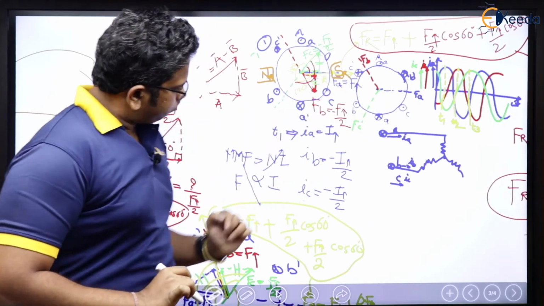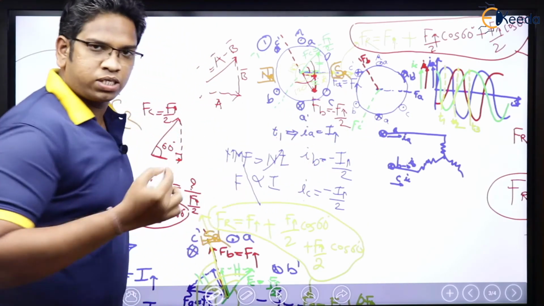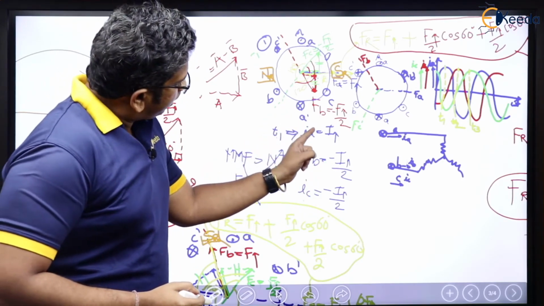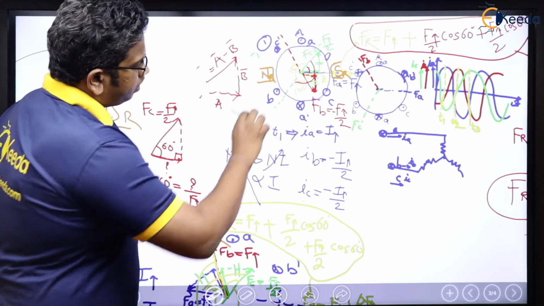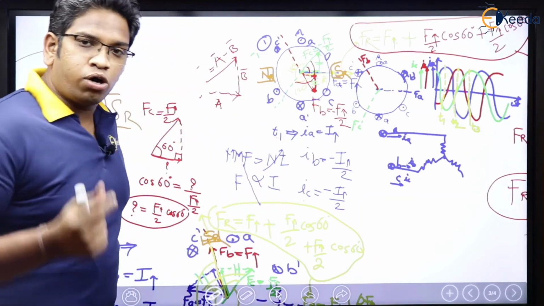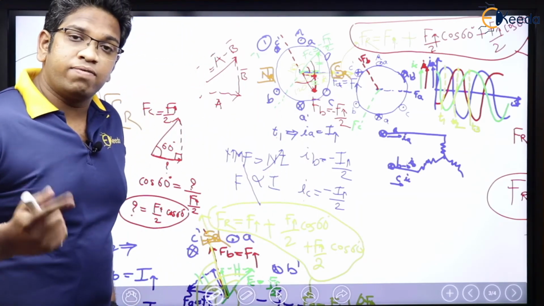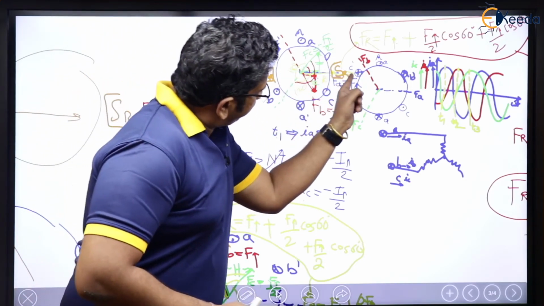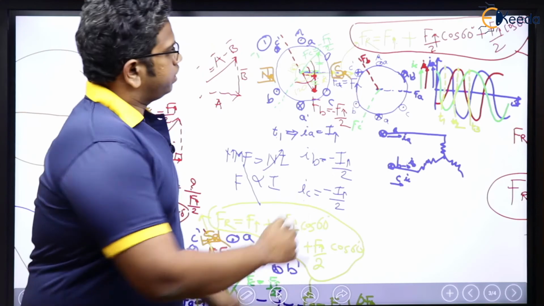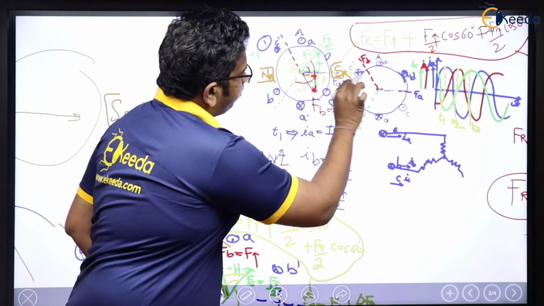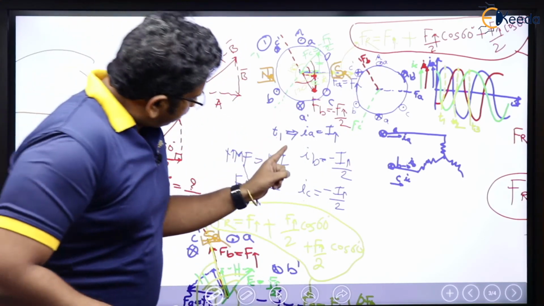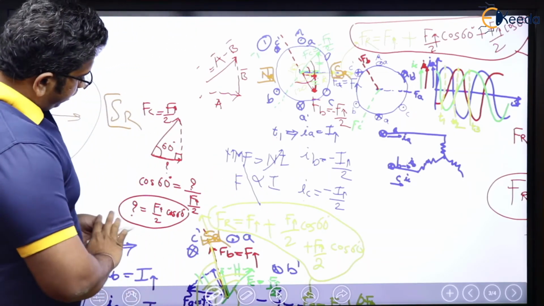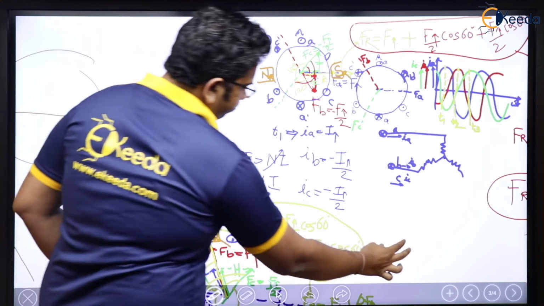This was FA. Now see here, whenever IA was maximum, means IA is equal to positive I maximum, at that time, if you see here, MMF was this. And just observe, where was the resultant? Resultant was in the same direction. Same direction was the resultant FR. This FR resultant is in the same direction of IA maximum, means FA.